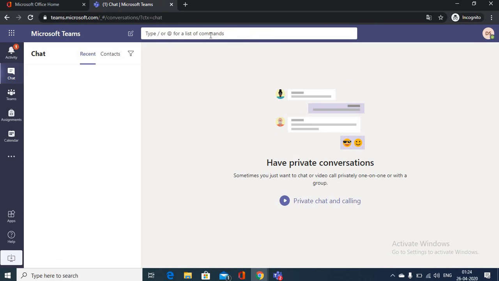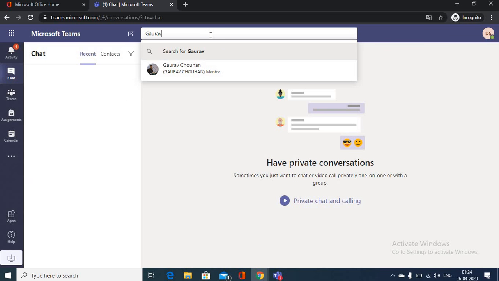You have to search Gaurav. You will see Gaurav Chauhan, mentor. His designation is mentor, and you will see Gaurav.Chauhan as his username. So you have to hit this particular Gaurav Chauhan and not anyone else.